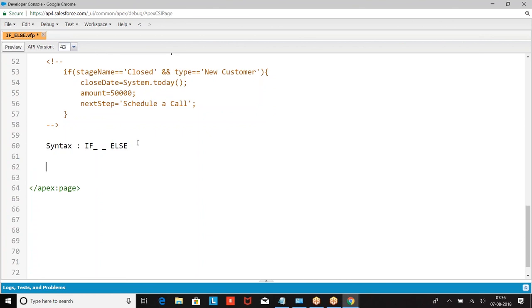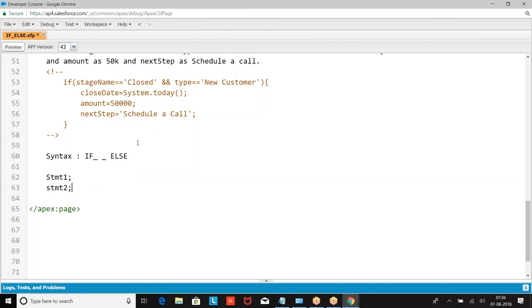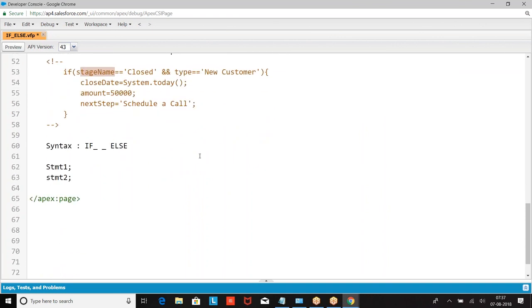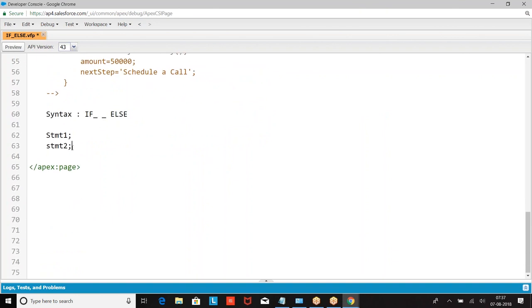Sir, one query. In the above program that you have written, we have a variable next step. What would be its data type? We are assuming it is a snippet. If I write the code based on the data I will be giving, and I want to create the variables, this will be String, this will be String, this will be Date, this will be Currency, this will be Integer, this will be String. Now we are not writing the complete program. We are only writing the snippet, the logic. Okay, sir. Got it. Thank you.